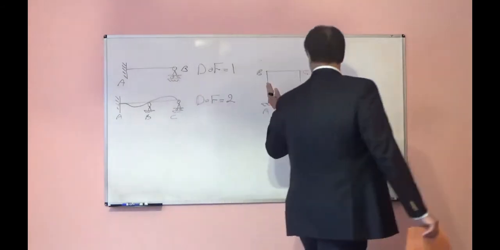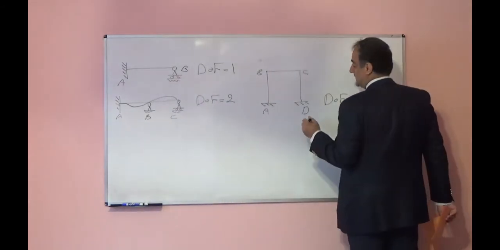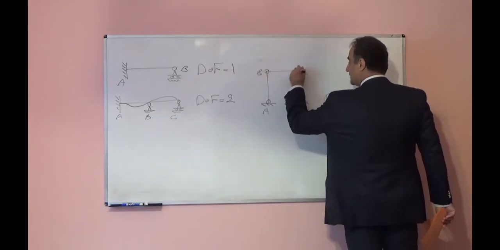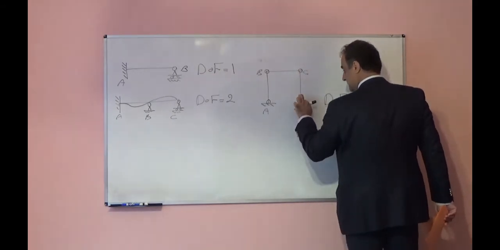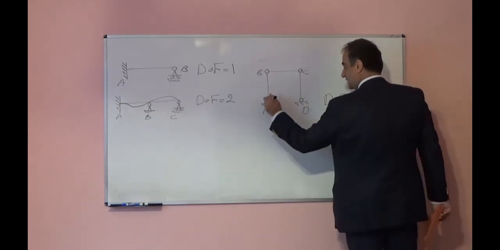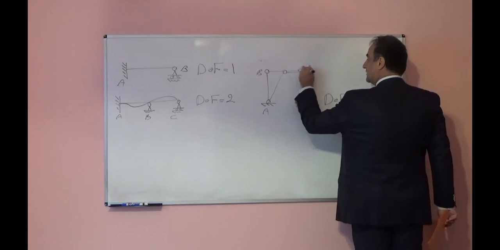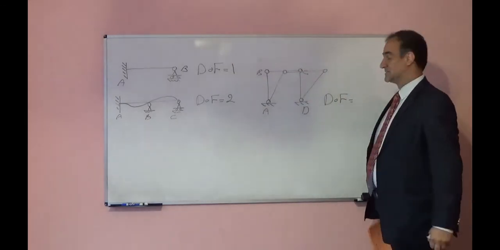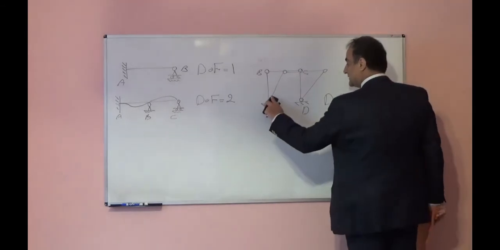But this frame can deform laterally as well. In order to find that, convert all joints to hinges like this. Now this system will be unstable. If you add load, it can collapse like this. In order to make it stable,